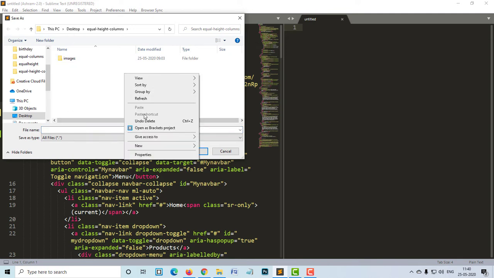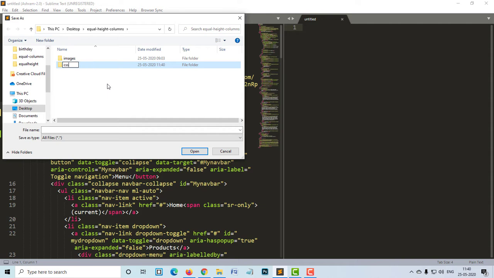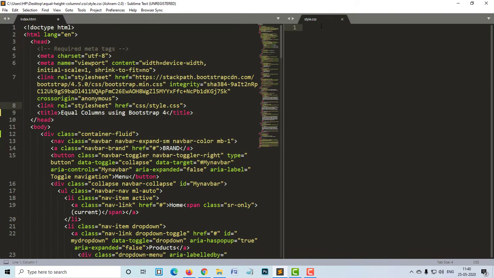Here we open a new folder and name it CSS, and inside this folder we will save style.css. So we have the style sheet ready and this style sheet is linked here. Thereafter, let's correct the title. Let's say equal height column using CSS Grid.